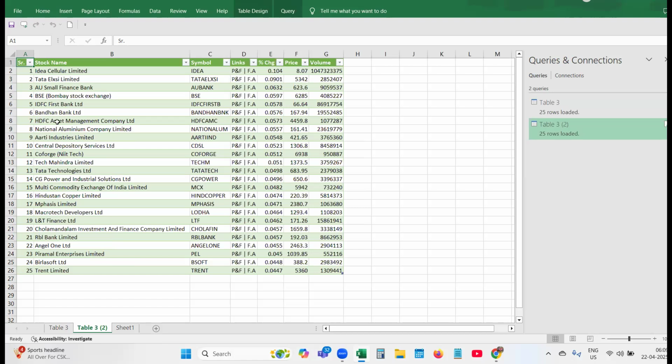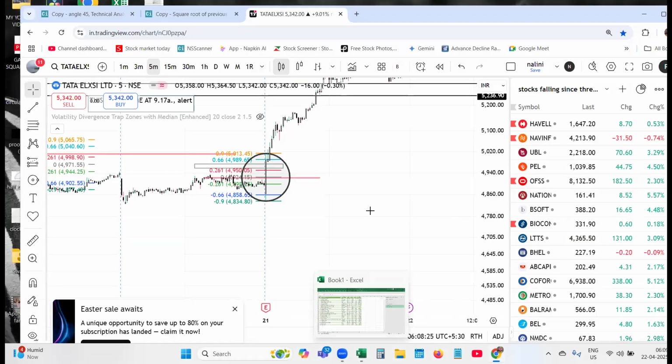Okay. Bandhan Bank, L&T Finance, Birlasoft, Trent has come, and then Piramal Enterprises has come, not Divi's. Okay. So let me go back to the chart.